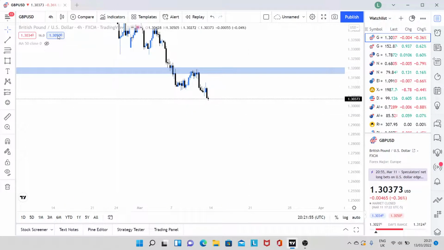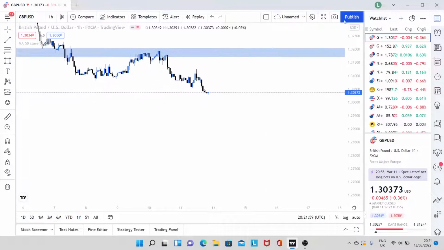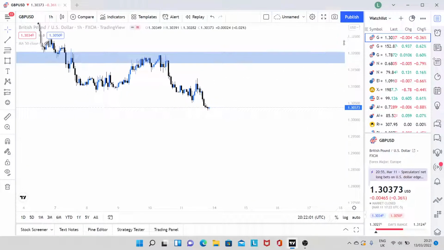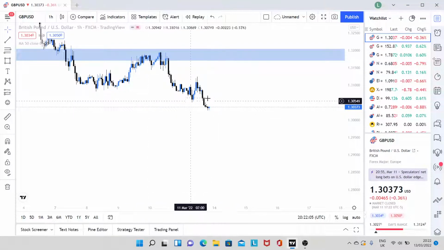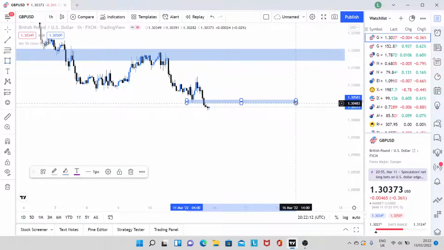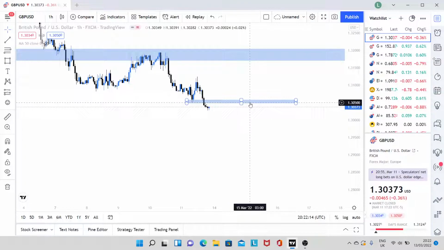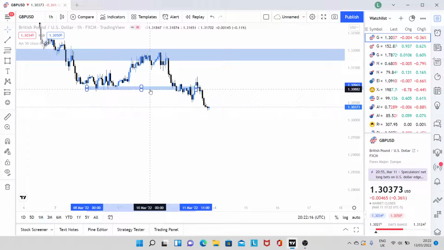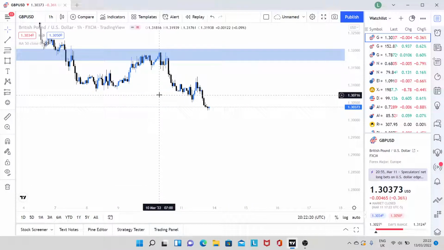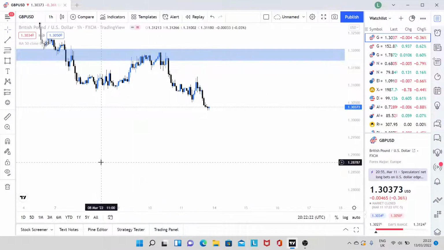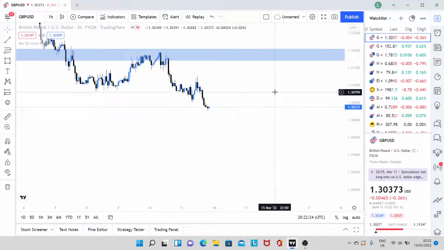Not much structure is being created on the 4-hour. If we jump down to the 1-hour, let's see if there's anything more here. We have had a slight break and retest of this zone. It's not really clear, so I'm not going to add it. Maybe you could highlight these swing lows here and you'd want price to come and test up here. For me, that's not really a strong enough zone. Probably something like that is, but then over here you've got the price action. So really, it's quite choppy, and at the moment, not something I'm looking to trade.